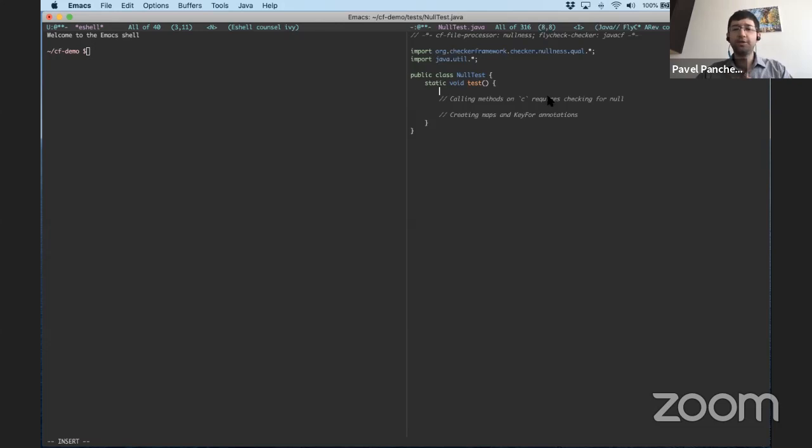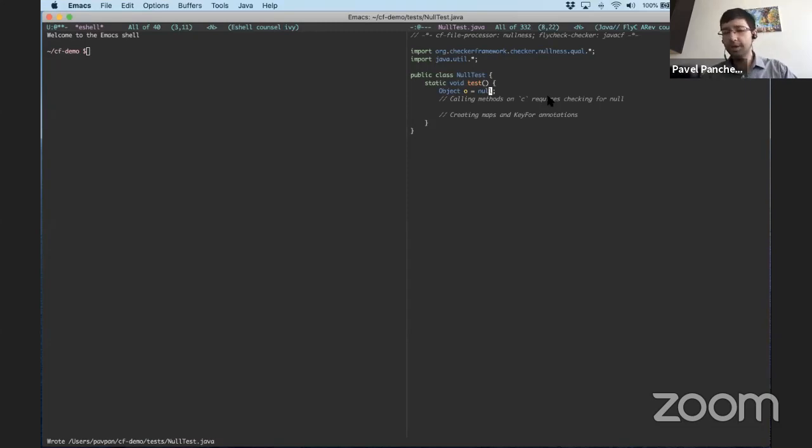So let me start by telling you about the nullness checker built into the Checker Framework. If I have some kind of object in Java, that object can either be some actual value, like this new object I just allocated, or it could be the value null. And null in Java is the analog of the null pointer.